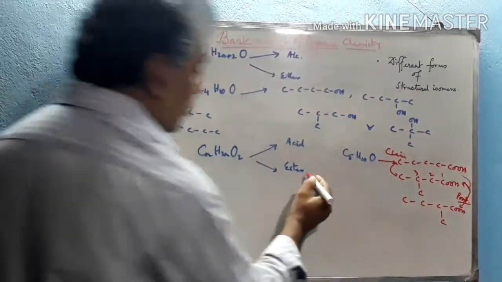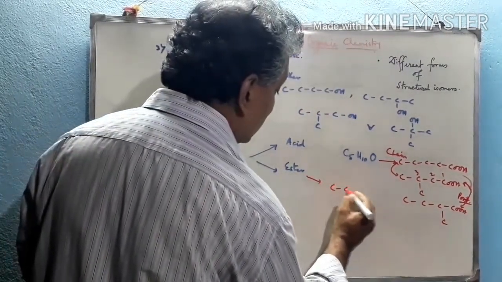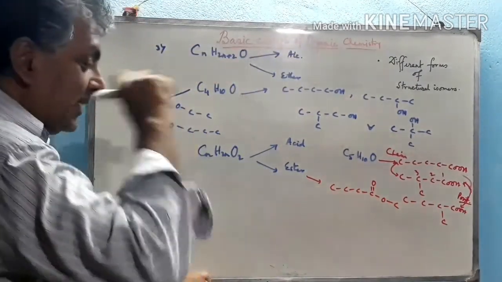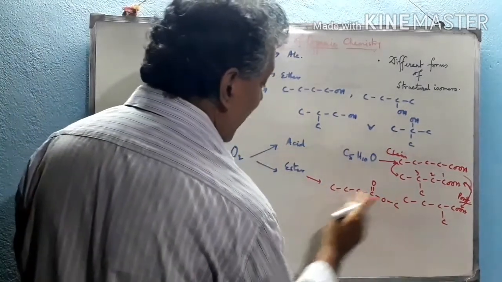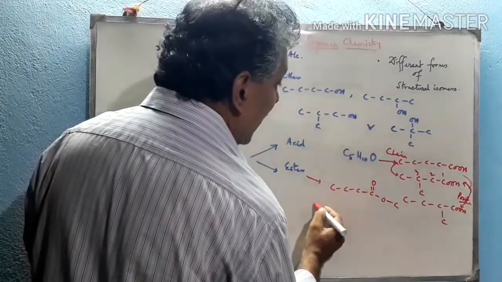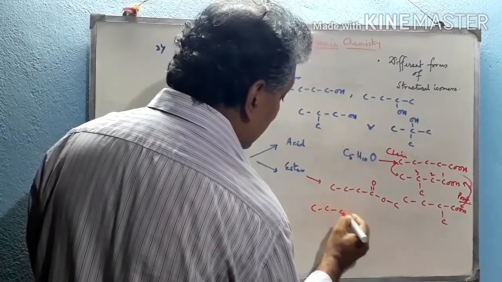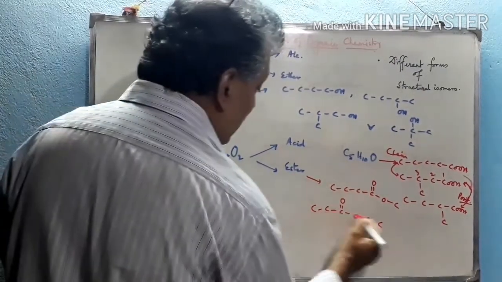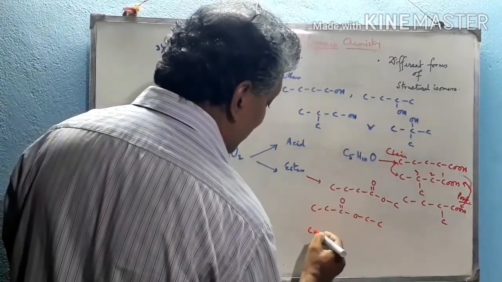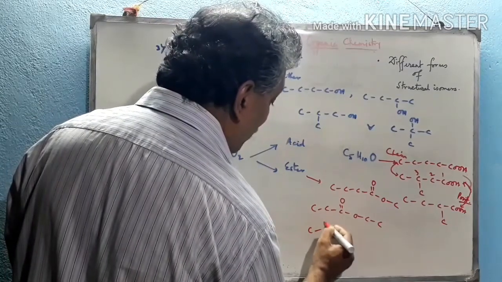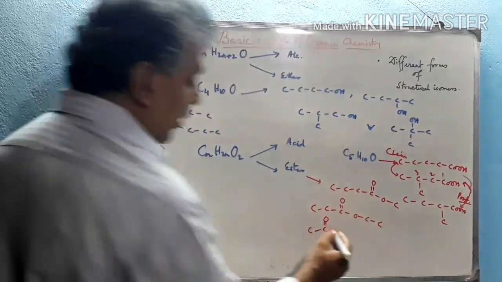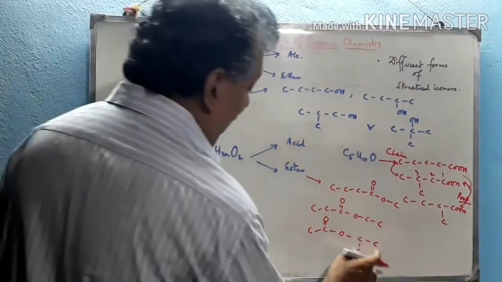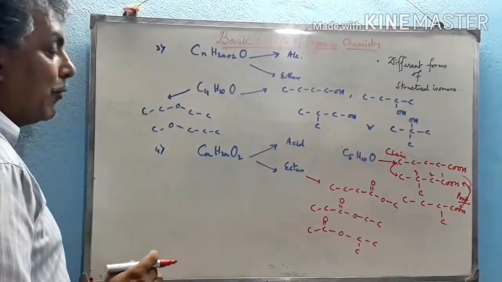Now with respect to ester, we can draw different structures. C double bond O, C. This is the form of ester, that is methyl butanoate, a 5 carbon system. Then it will be like this, C double bond O, C, C, ethyl propanoate, and the carbon structure may be changed in its position, and that will be a metameric form of these two, like this. So isopropyl ethanoate. So these three are the different forms of esters.